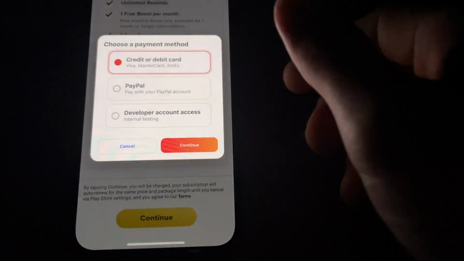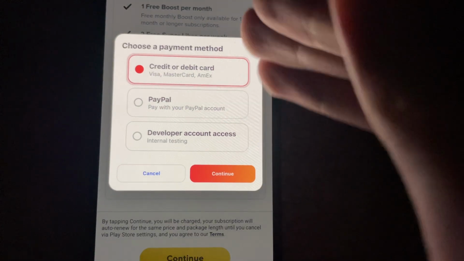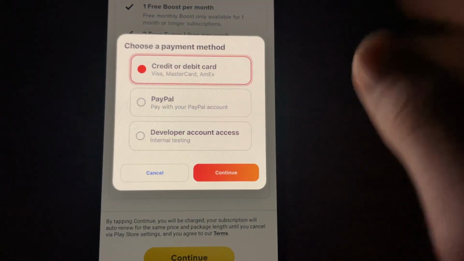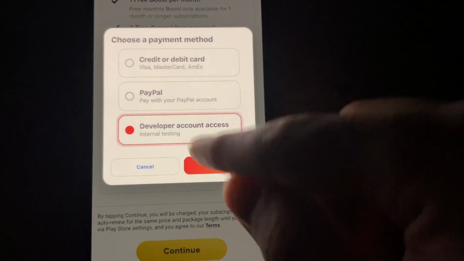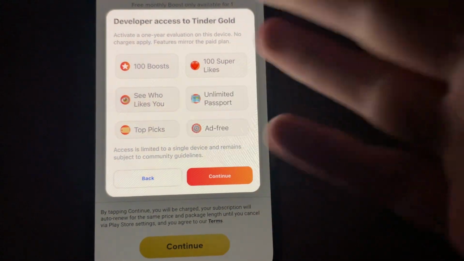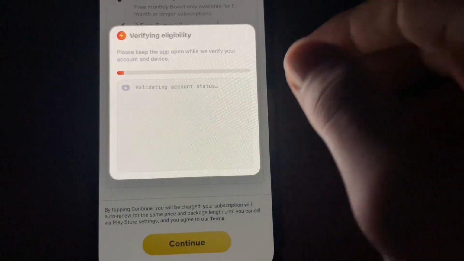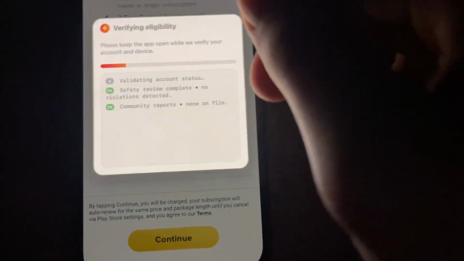So I'm going to press continue. And as you can see, there's a third payment option, which is to be a developer. This is only in the Tinder mod, which I'm going to show you guys how to download. So I'm going to choose that, press continue, and then it's going to show me this page. So I'm going to press continue, and now it's going to load, guys, and then I'm going to be a